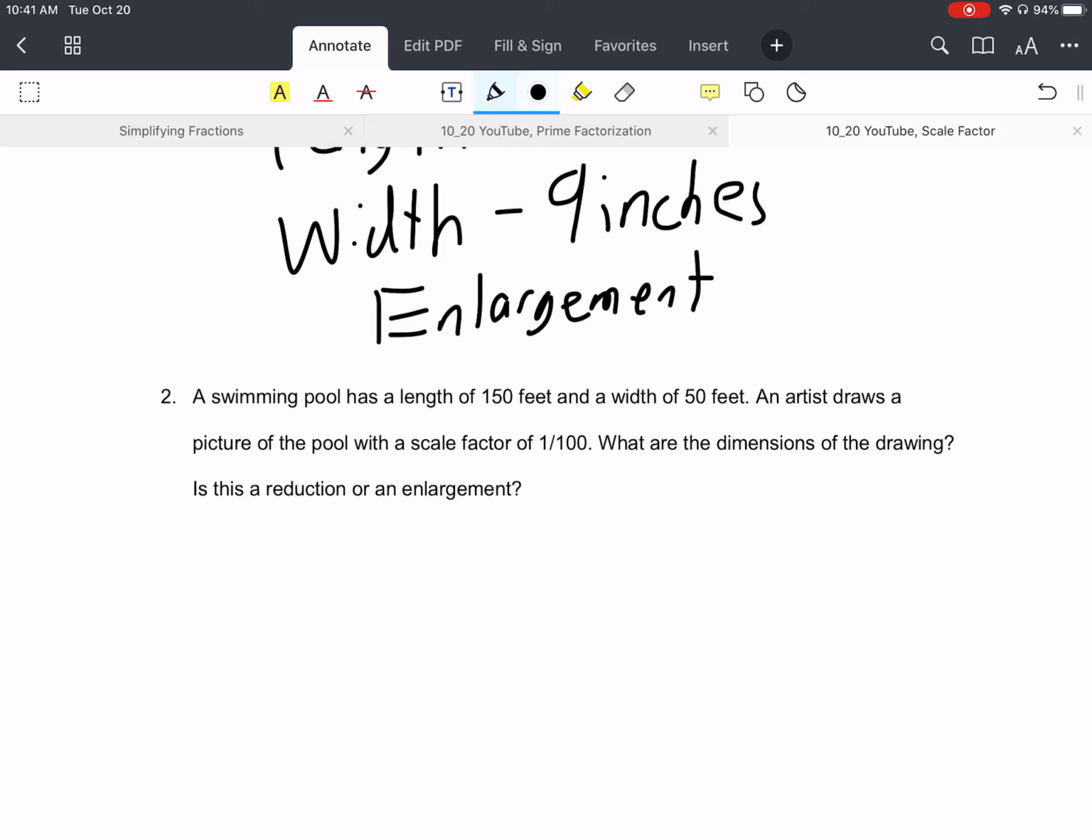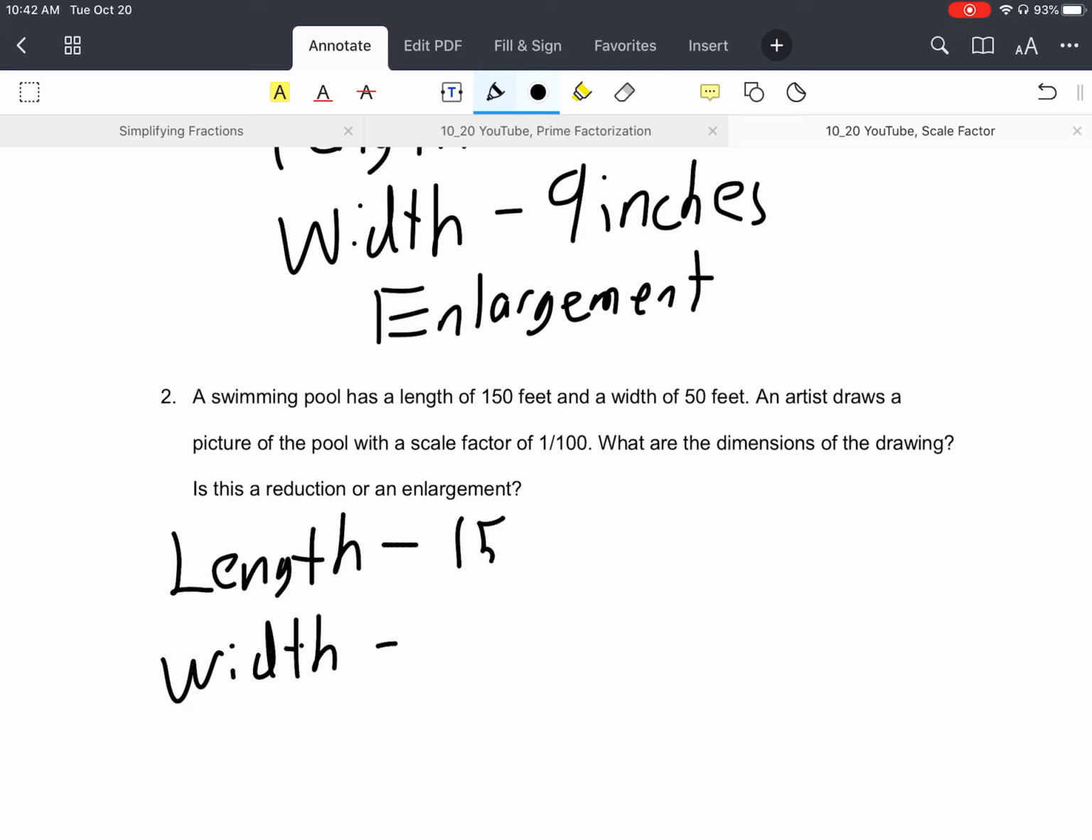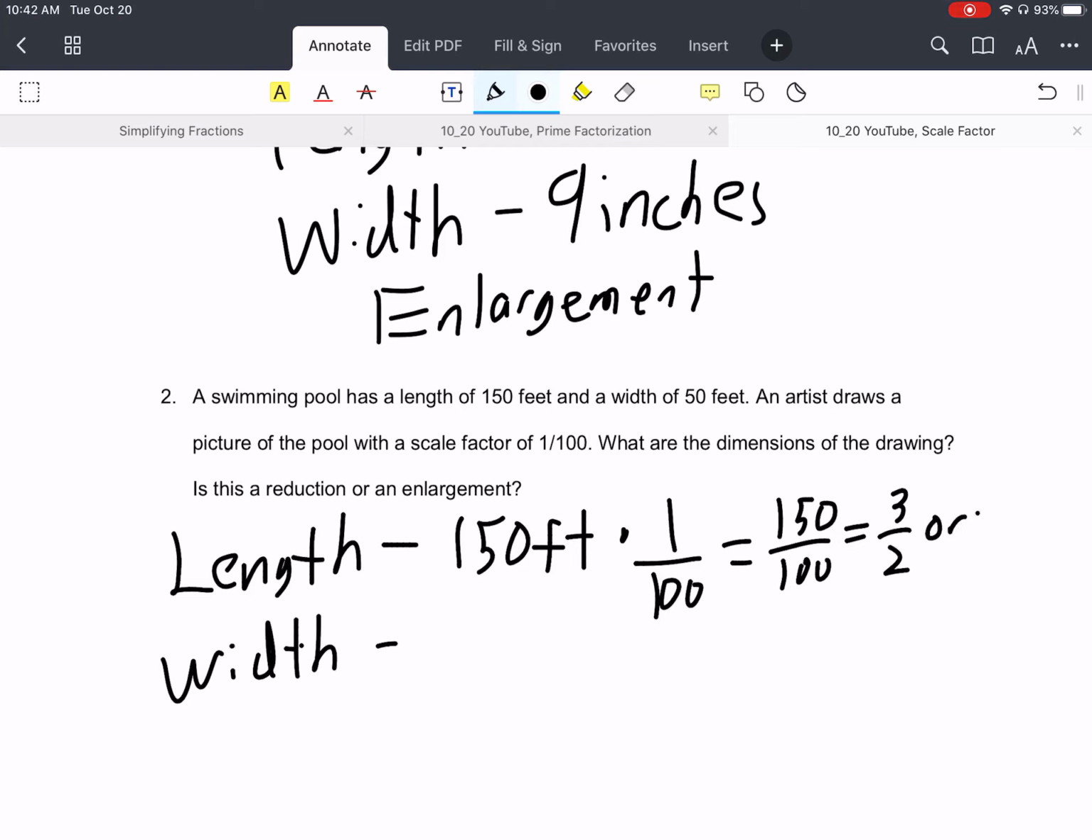So this is a huge swimming pool, and of course the artist isn't going to draw a rectangle that is 150 feet long. So he is shrinking it by a size of 1/100th. So what we would need to do is we have length and we have width, and we are going to multiply 150 feet times 1/100, and that would equal 150 over 100, which would be 3 over 2, or 1.5